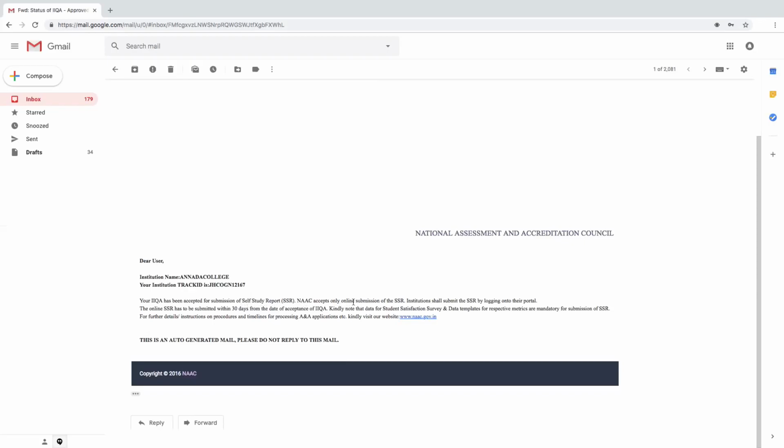NAAC accepts only online submission of SSR, and the institution shall submit the SSR by logging into their portal. The online SSR has to be submitted within 30 days from the date of acceptance of IIQA. Kindly note that the data for the student satisfaction survey and data templates for the respective metrics are mandatory for the submission of SSR. So, for further details and instructions on procedures and timelines for processing A&A applications, etc., kindly visit our